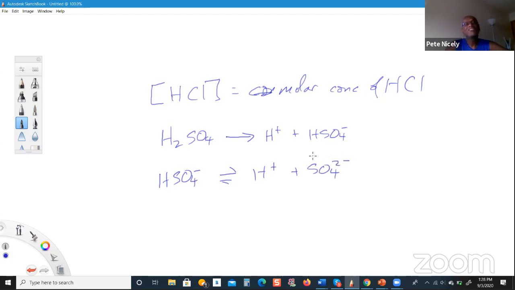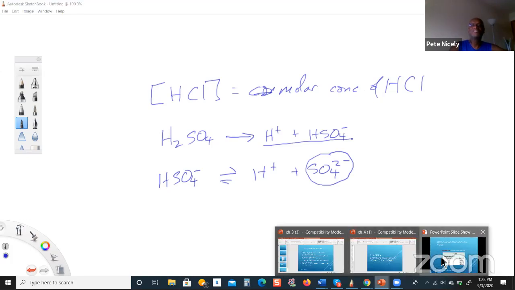All right, so that's how sulfuric acid behaves. The first dissociation is strong, so you have a lot of ions being produced as a result of the first dissociation, but the second dissociation is weak, so the concentration of the sulfate ion present would be relatively low. All right, so that's just something I thought I should point out to you when it comes to sulfuric acid